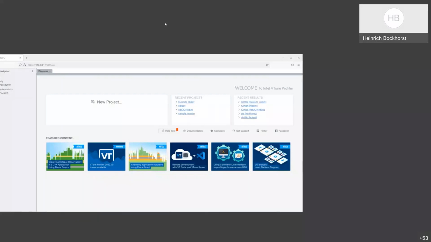Normally, when doing VTune, we were recommending using the command lines on the cluster, packing all the results into one directory, tarring it, and taking it to your own machine to run it in a local VTune. But this is quite unhandy because you need more or less the same VTune version on your laptop and on the cluster, and you have to transfer the data all the time. But now, as described in the playbook, it's possible to run